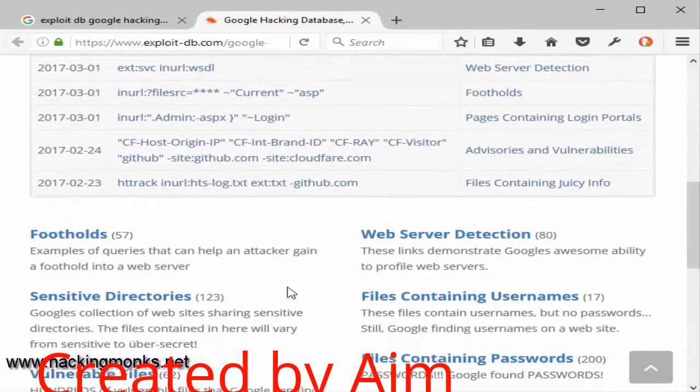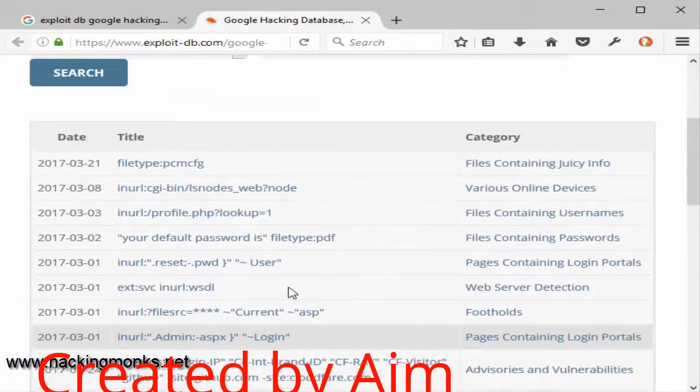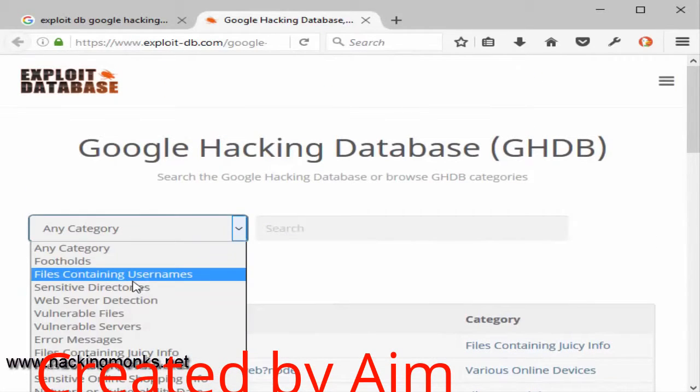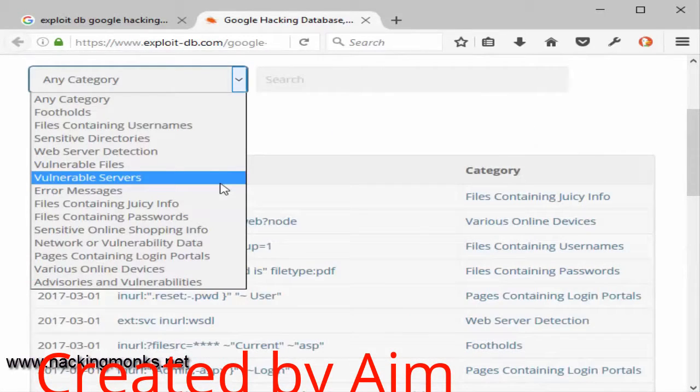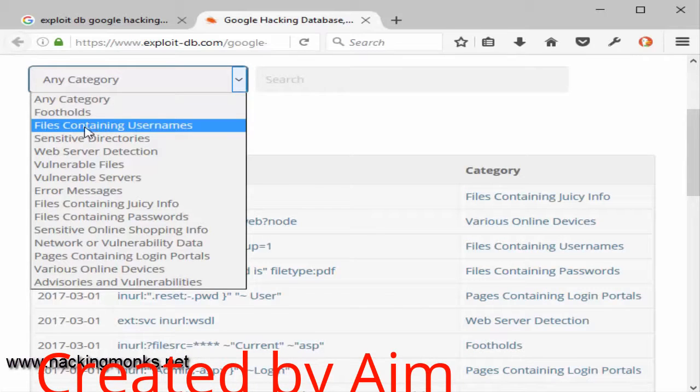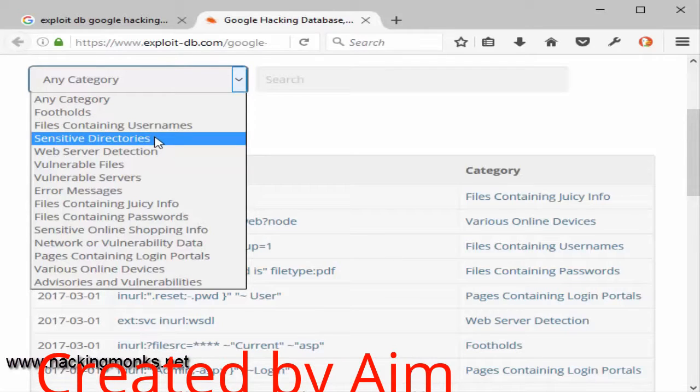A bunch of information you can find here, searchable with a categorized structure. You can find files containing usernames, which will help you if you're brute forcing a panel, because then you need some usernames, right? So these usernames can be very handy. And then sensitive directories which contain crucial data of websites and servers.